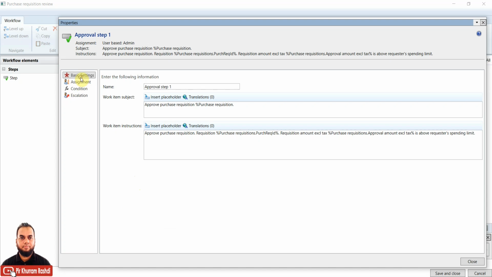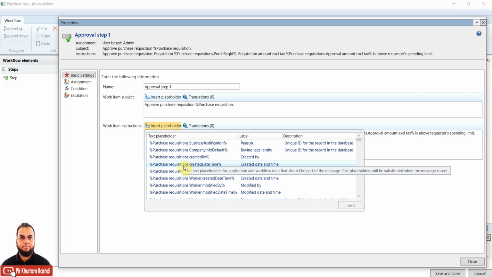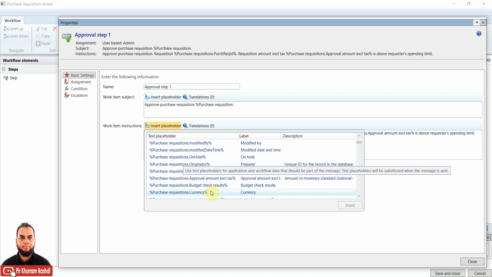So basically I have almost explained, and these are basic settings for the step: the name of the step, which will appear in the workflow node as well as in the email notification. Also the subject will appear, and these are just placeholders, such as purchase requisition number, and similarly the instruction on how to complete that one. And if we want to embed certain details like the amount field, or any field value, we will just select this insert placeholder, and we can select any of the placeholders from